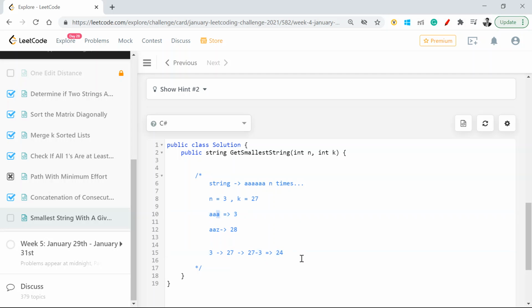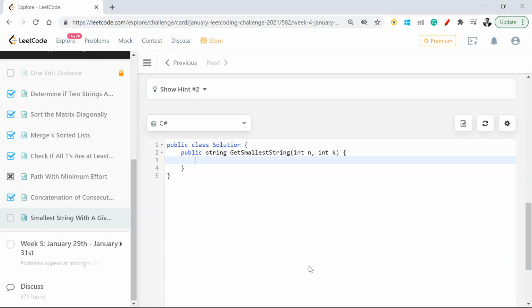What that means is, if I want to replace a with a value which, when I put it in that place, will make the total equal to 27, that has to be the 25th value, 24 steps on top of a. So what is the 25th value in the character array? That is y. So I'll say aay will be my output.